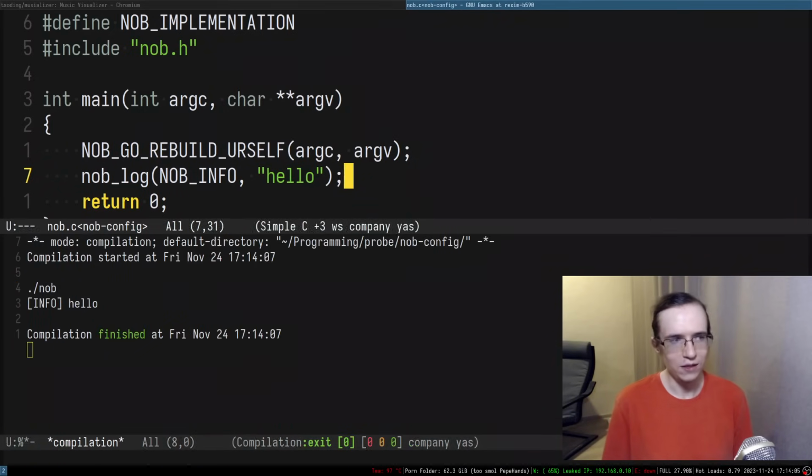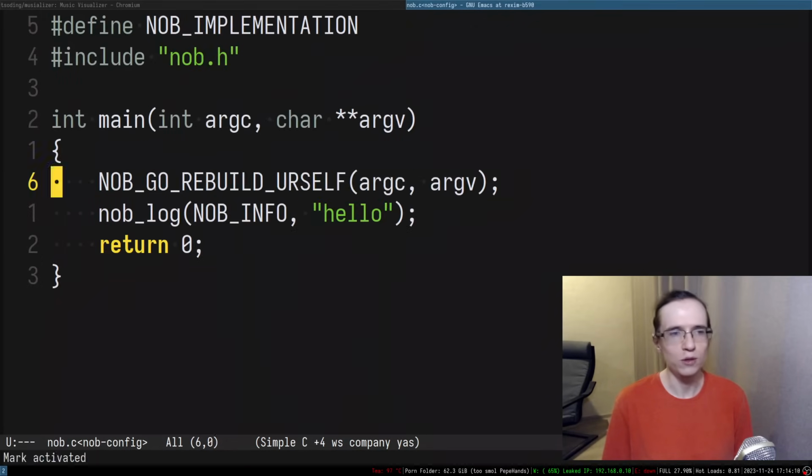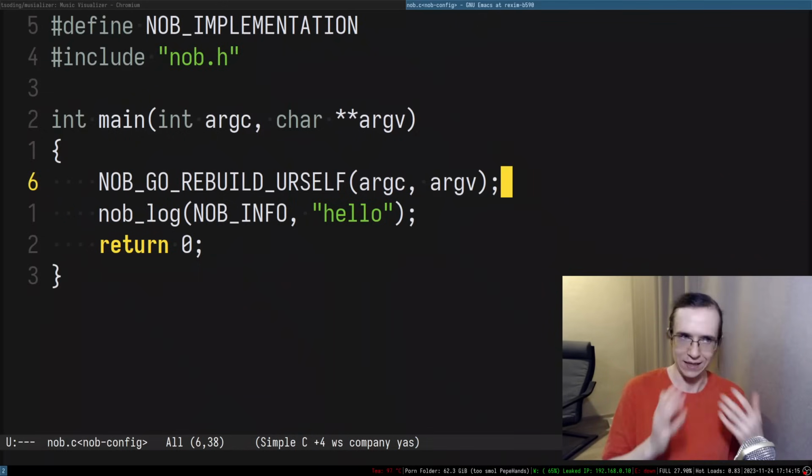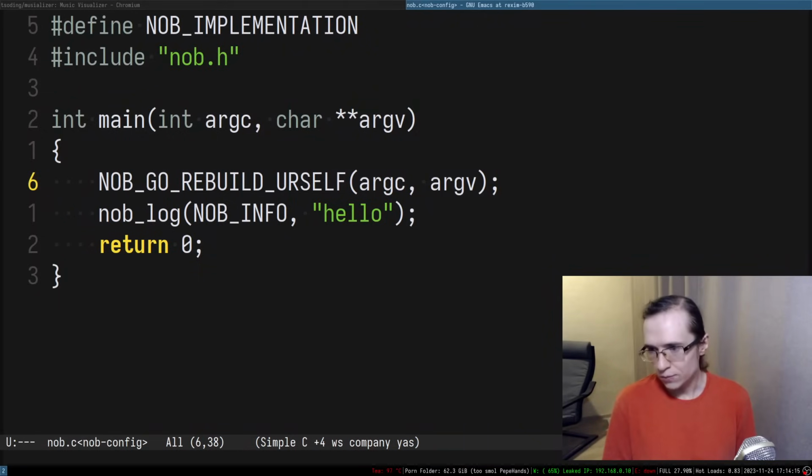And that's basically what it is. That's what knob, like go rebuild yourself technology, stands for. It allows you to automatically rebuild your C code, and that is very convenient. Okay, so